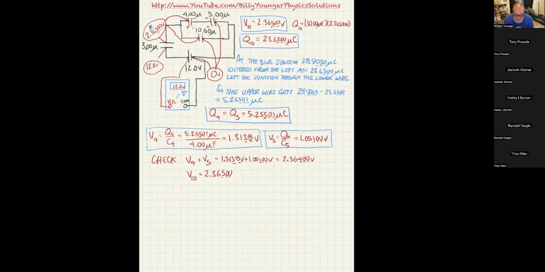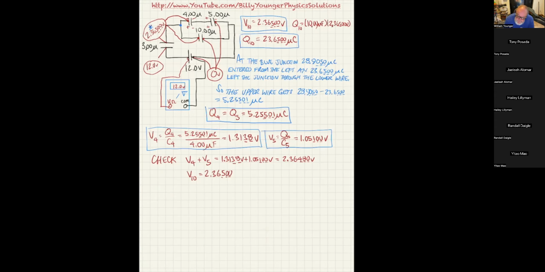Now, because the 10 microfarad capacitor was all by itself and only a wire separated the negative plate of the battery from the right plate of the 10 microfarad capacitor, the right plate was at 0 volts. So that meant the voltage across the 10 microfarad capacitor was exactly 2.36500 volts. So I know V10 was 2.36500, and then Q is just C times V. So all I got to do is take the capacitance, which is 10 microfarads, and multiply it by the voltage that it has, which is